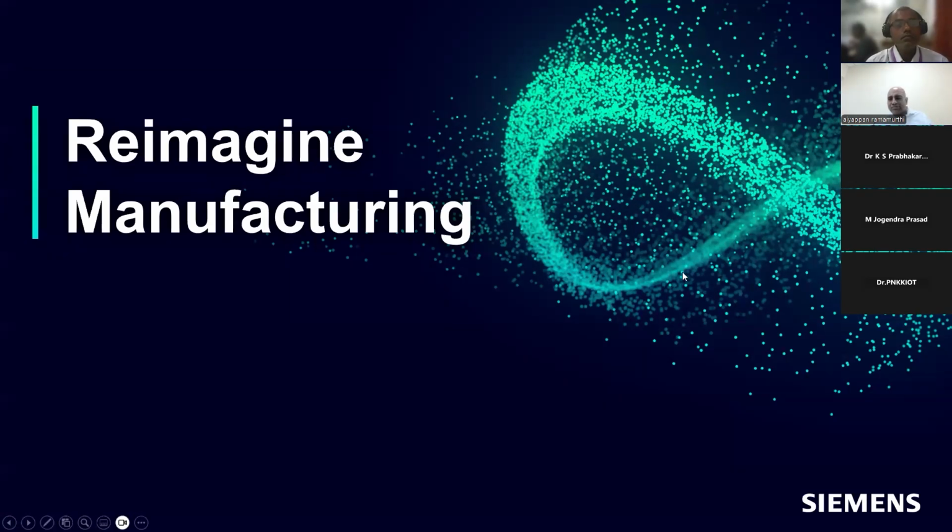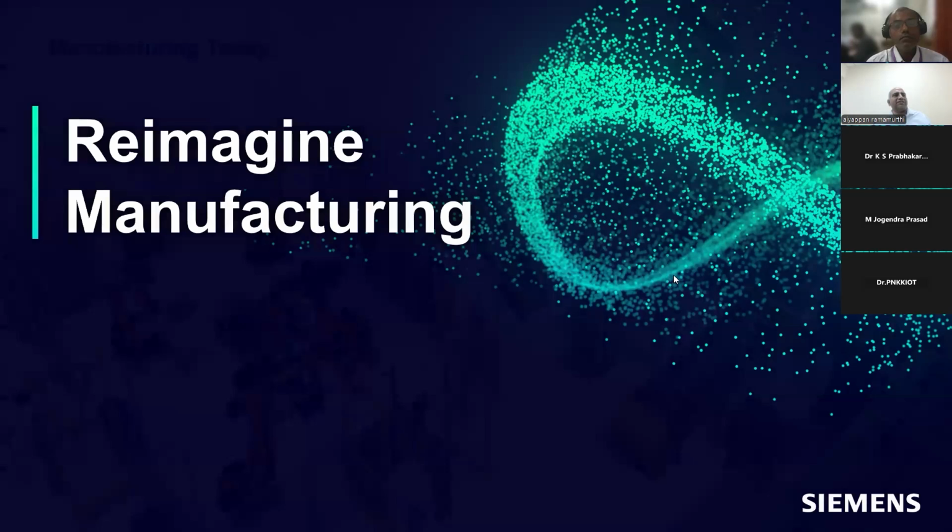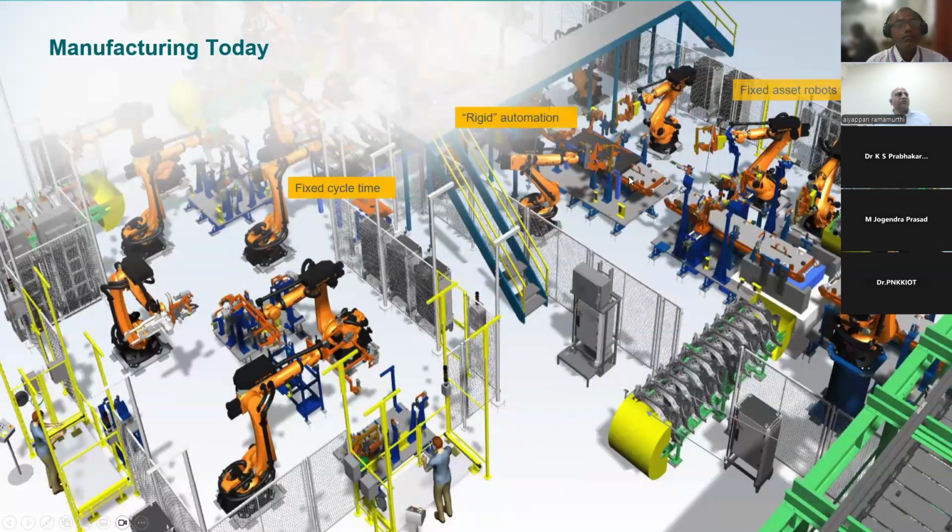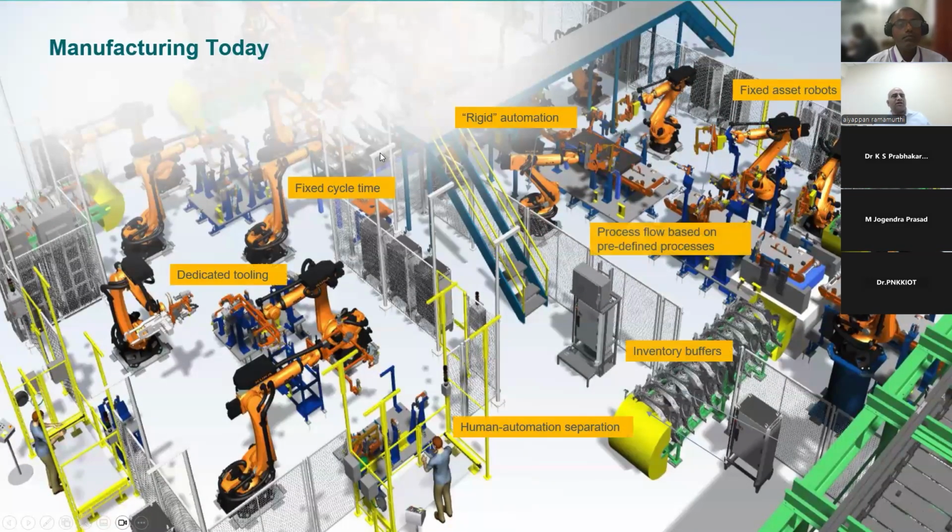We can look at it from the manufacturing side, the production side. So what is manufacturing today? Mostly, you have fixed assets, which means you have machines, robots, fixtures and toolings, specific dedicated tooling. There is automation. People say Industry 4.0 and